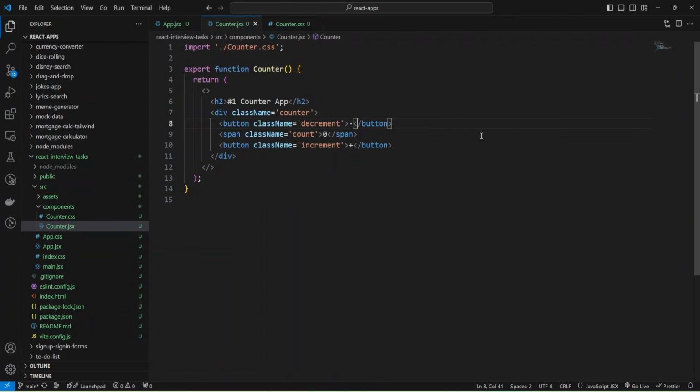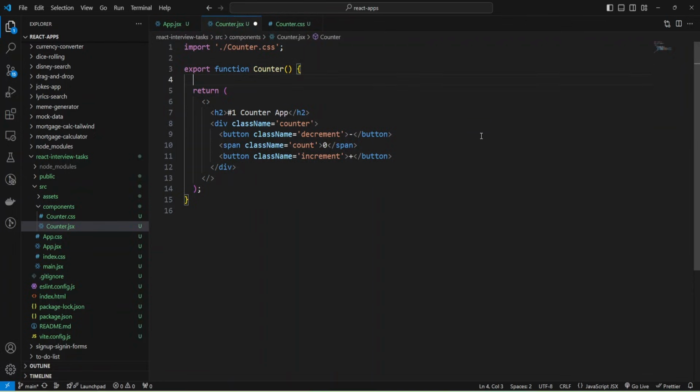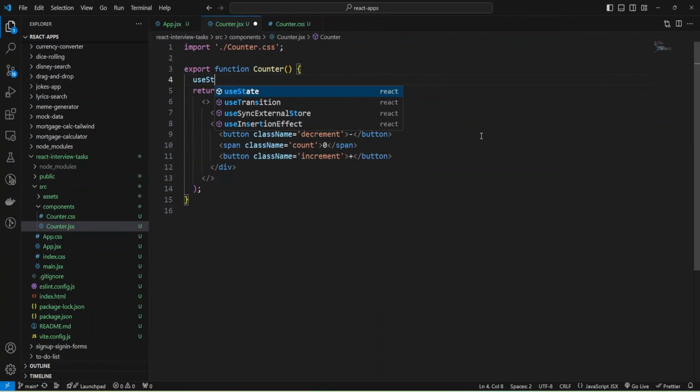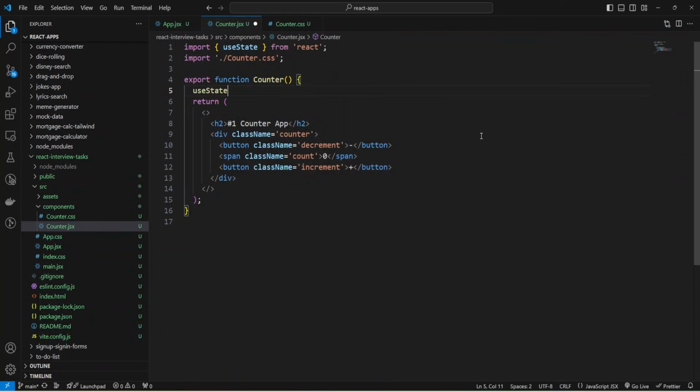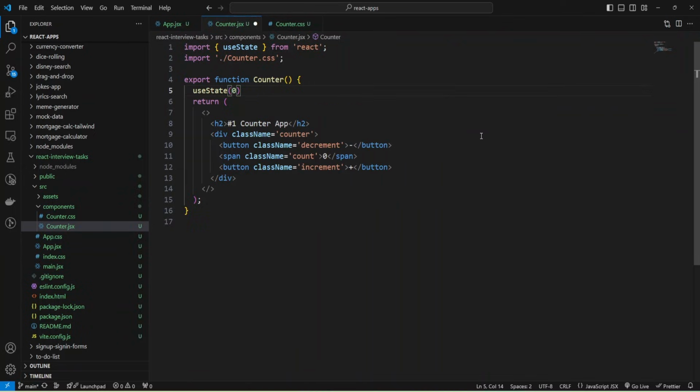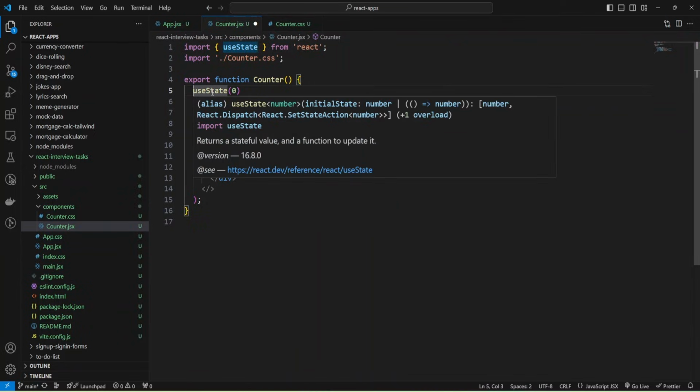will be provided. So, and now I need to add state variable, and I'll use hook useState, and initially we will have 0, and as you can see, useState returns a stateful value and a function to update it.